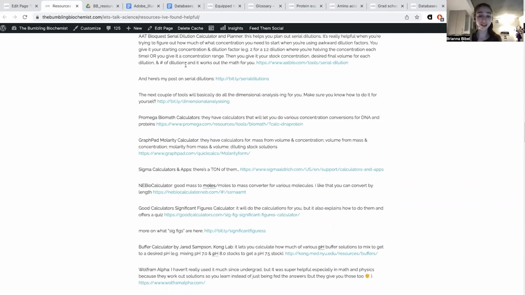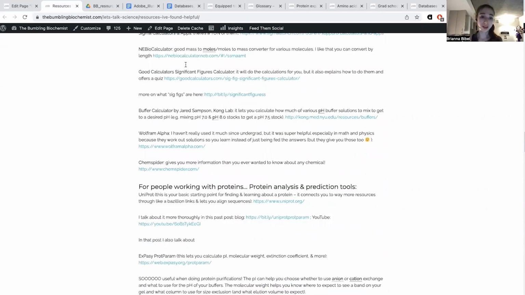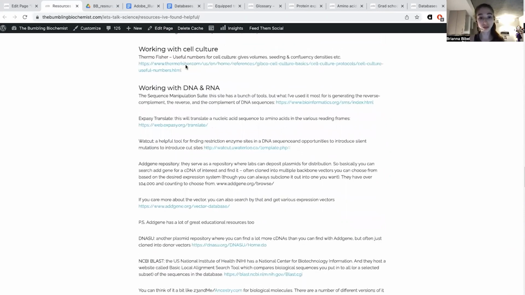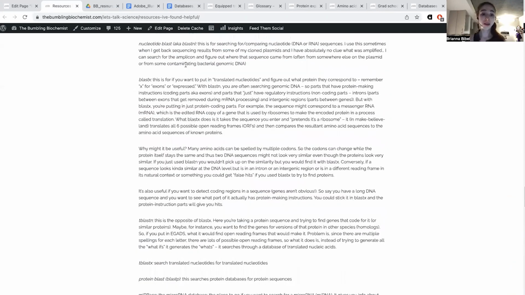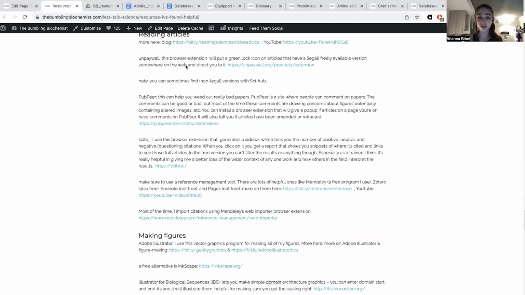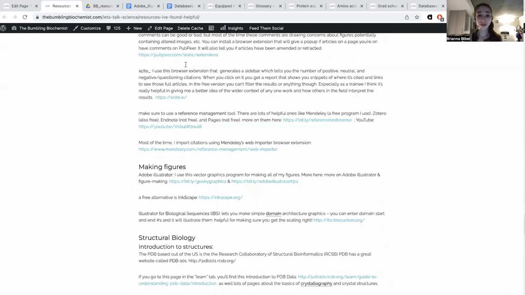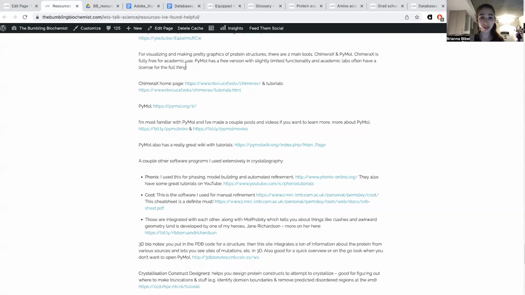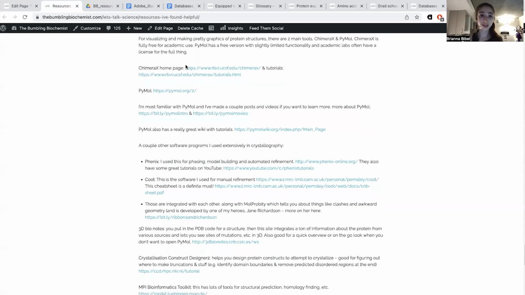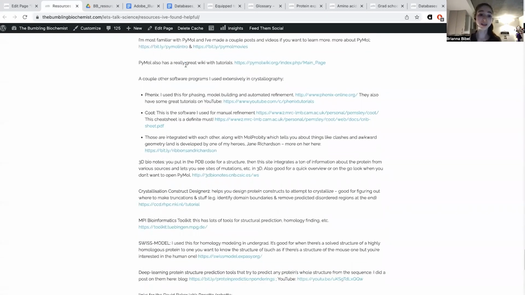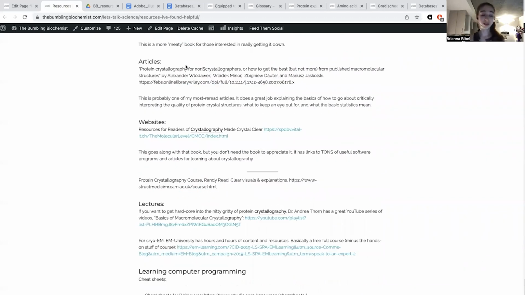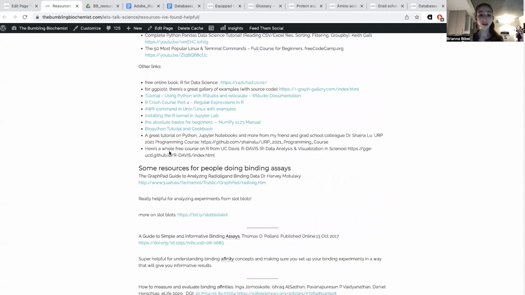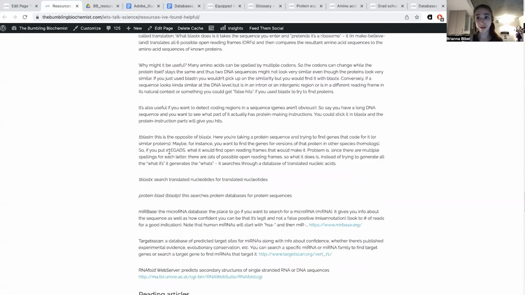Things like calculations and protein prediction, working with cell culture, DNA and RNA, reading articles and making figures, as well as a lot on structural biology, so crystallography and cryo-EM, various resources that help you learn and use those techniques. Then also learning computer programming, and binding assays,